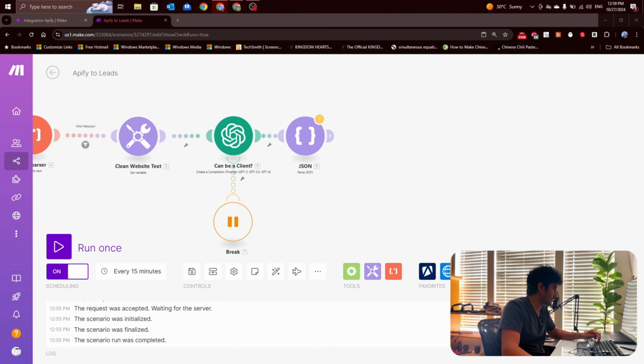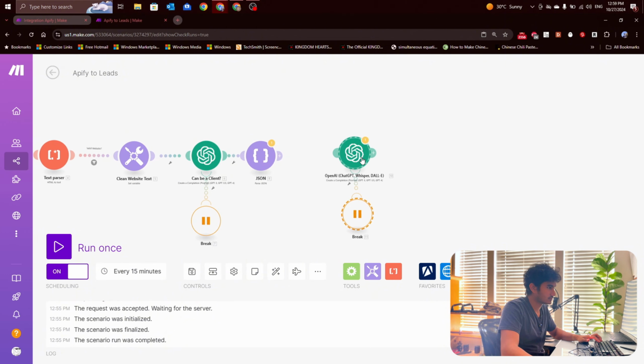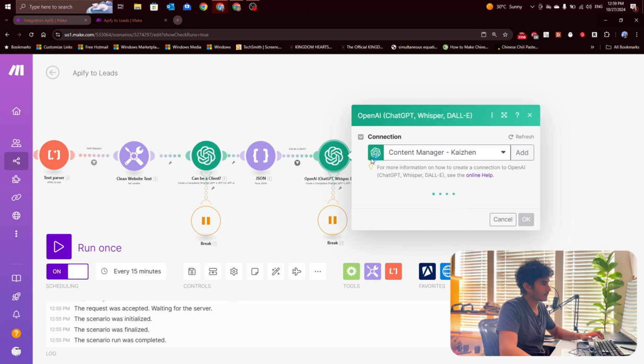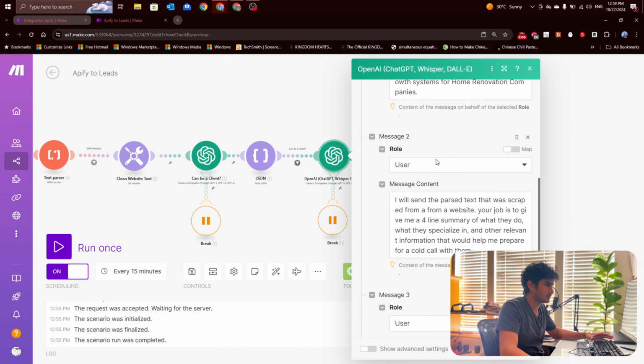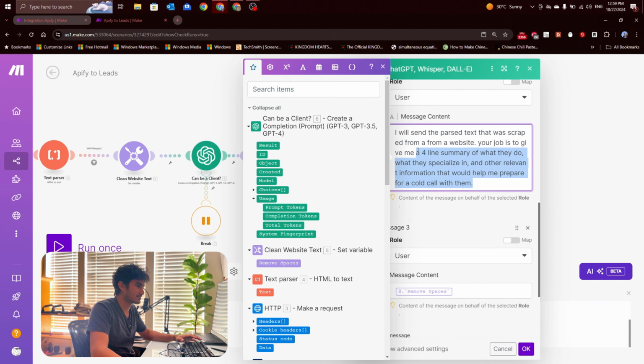The next thing you want to do is add a second OpenAI module, and this one is going to give us a summary of the company. You could technically do these both at the